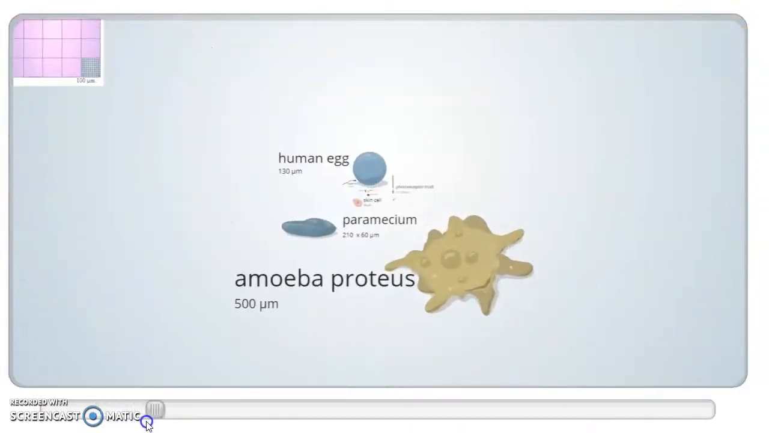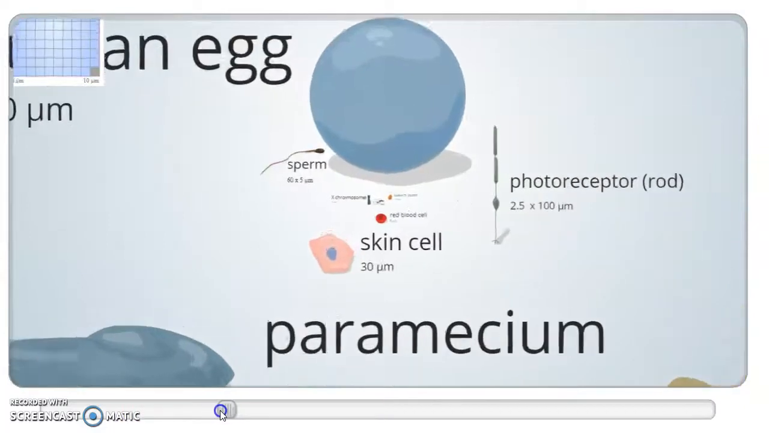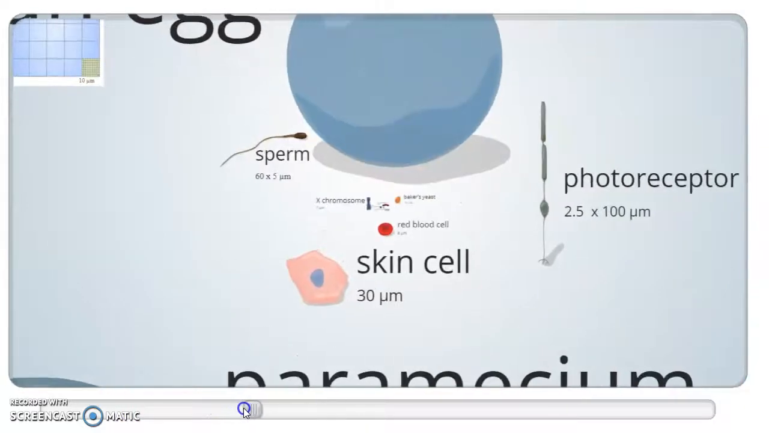Okay, and then we see a few structures here. We have a human egg cell. Okay, we have a paramecium and an amoeba. Both of these are unicellular organisms that you can see underneath a microscope. And you zoom in a little bit further, you see a skin cell, a sperm cell, a photoreceptor, that would be within your eye, so a special cell within your eye, a red blood cell,